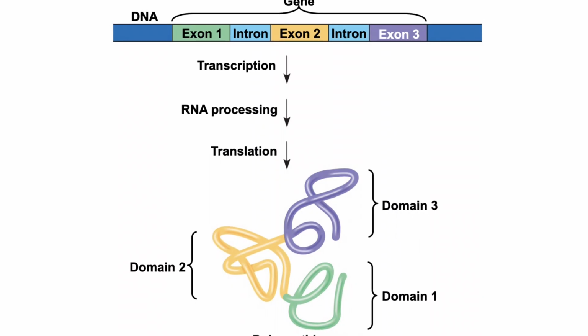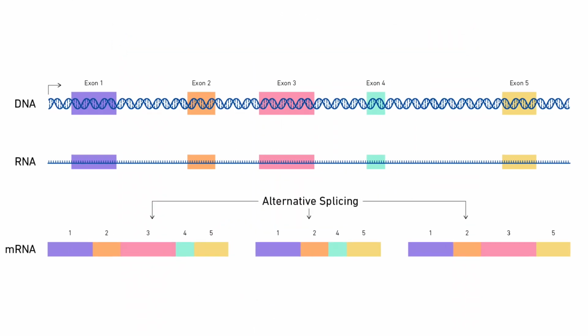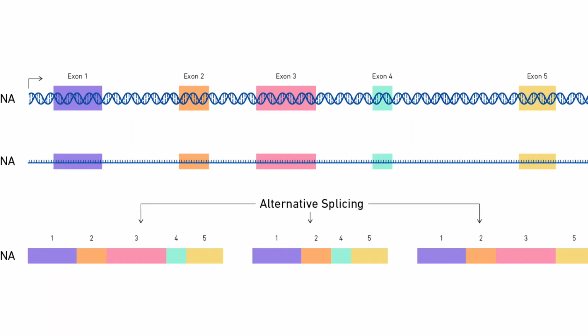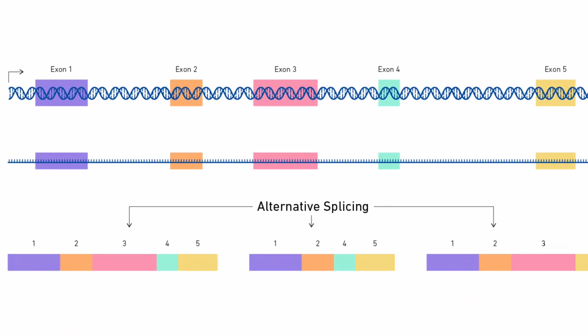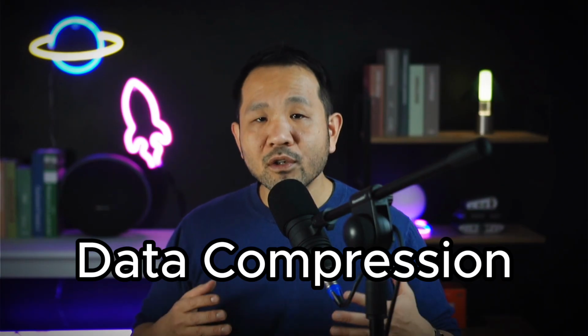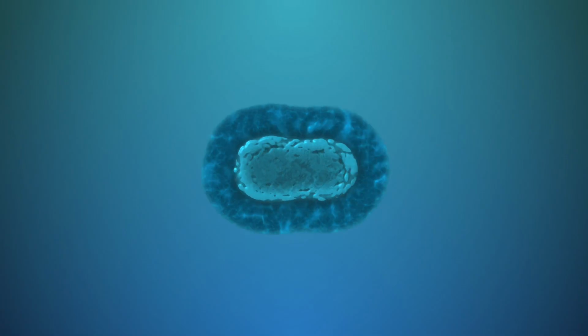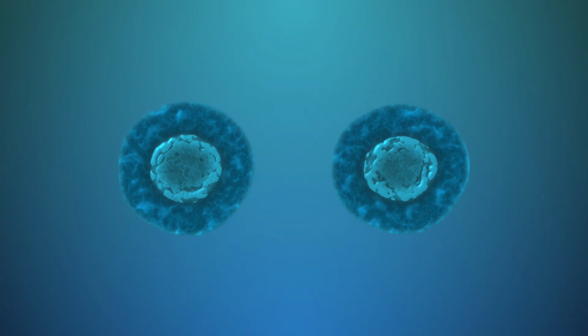So for instance, you may want to keep exons 1, 2, and 3, or 1, 2, but 4, ultimately resulting in multiple permutations of exons that would result in varied proteins from a single gene. This is sort of like data compression, where you can get more data out of a smaller set. And if the decoding rules can be understood by the splicing mechanism, then we can carry way more data within a smaller genome. This would ultimately result in faster replication, which, as you can imagine, would provide a selective advantage in the